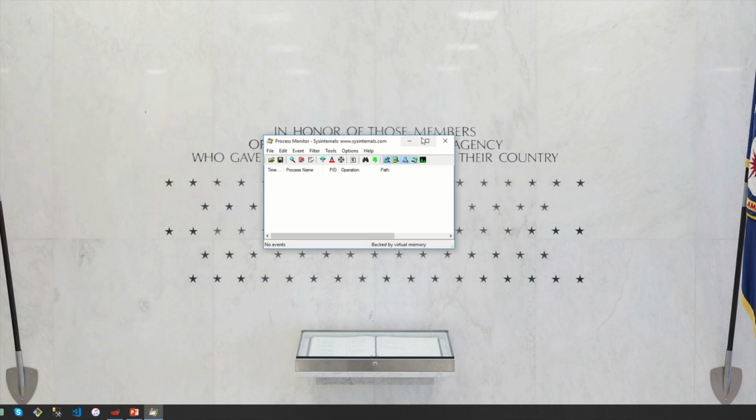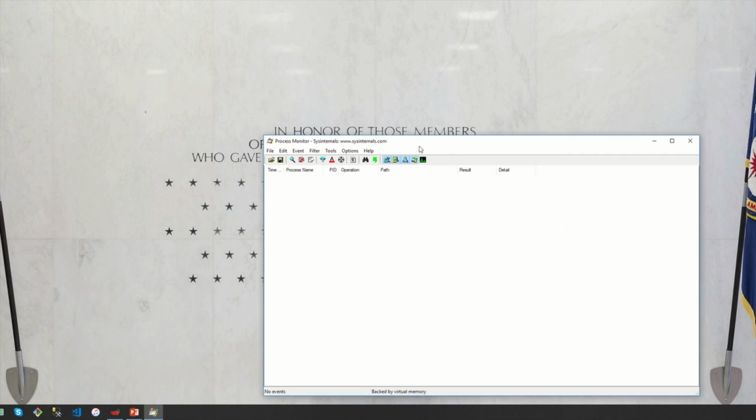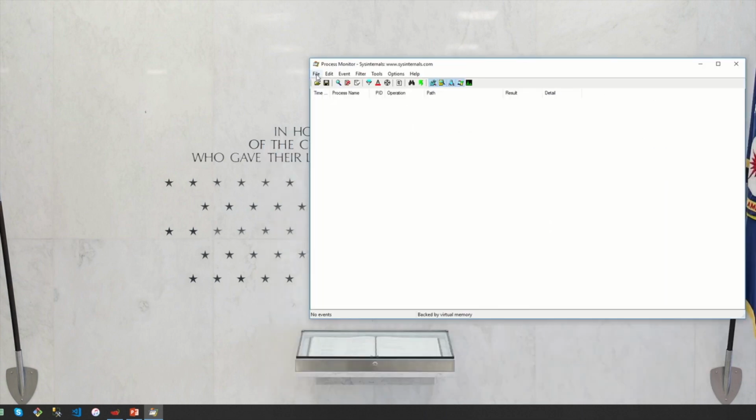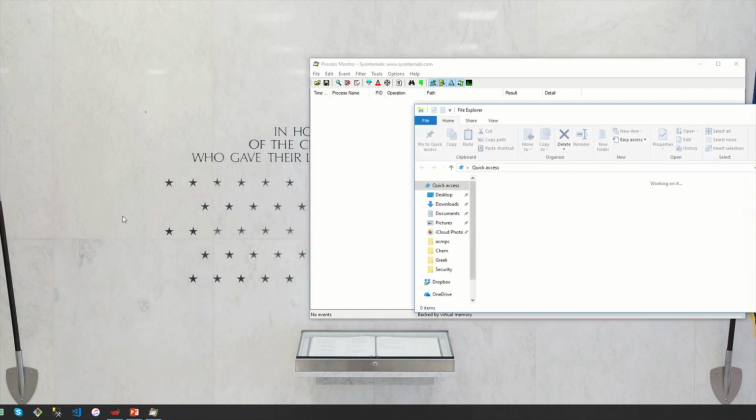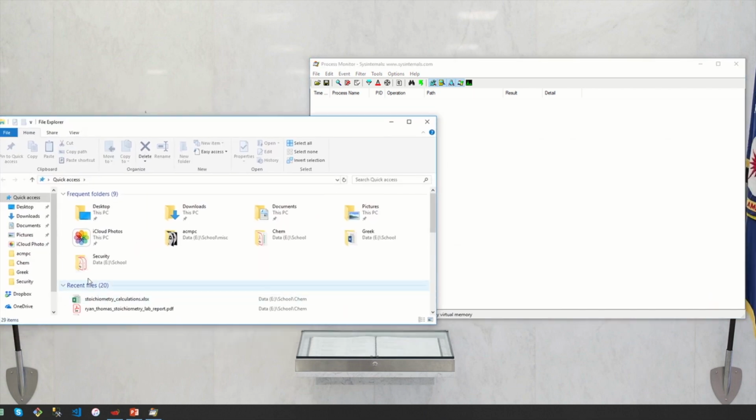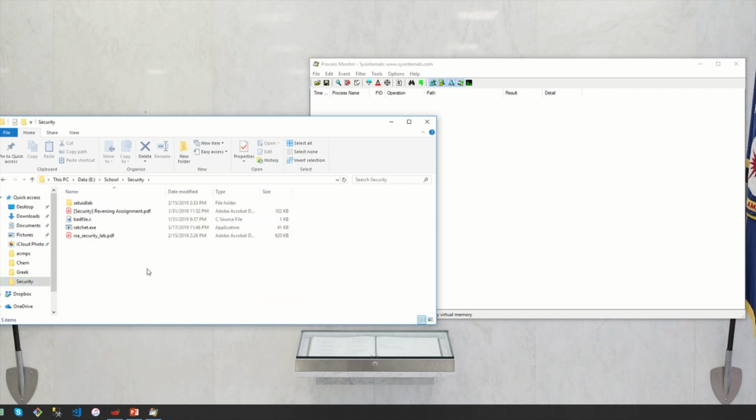Okay, so now we've got this window right here. It's empty right now because ratchet.exe has not done anything yet. We want to make sure that Capture Events is checked, and also that Drop Filtered Events is checked. That will just make sure that we don't run out of memory in here. So once you've got those set, you can find your program ratchet.exe, and you can actually go